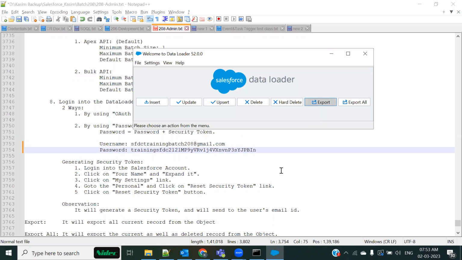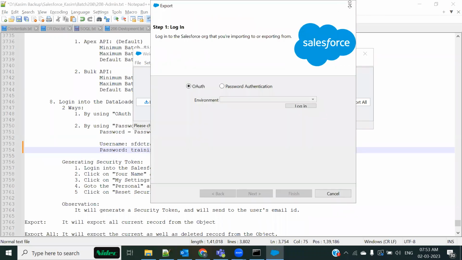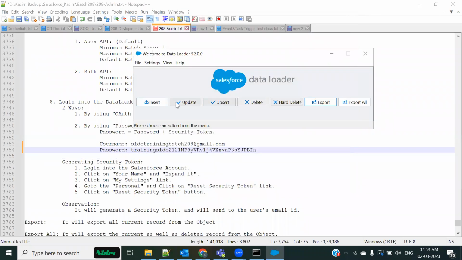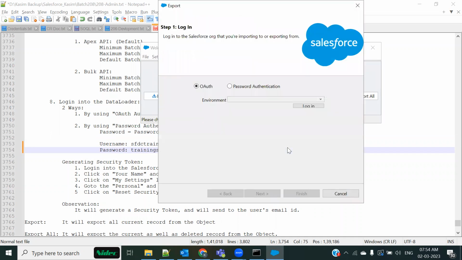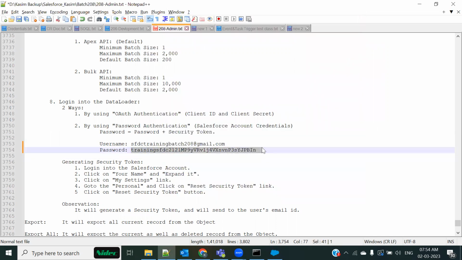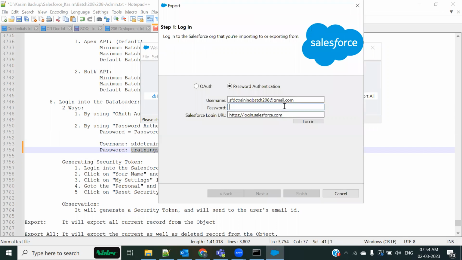So I want to export the data, or any operation, whatever you want to do. The first time it would ask you to log in. Not every time, but at least the first time, Data Loader would ask you to log in. So I want to export, and it would ask me to authenticate myself. So this is my username, and let me now copy and paste the password. And now if I try to log in, it would still give me one